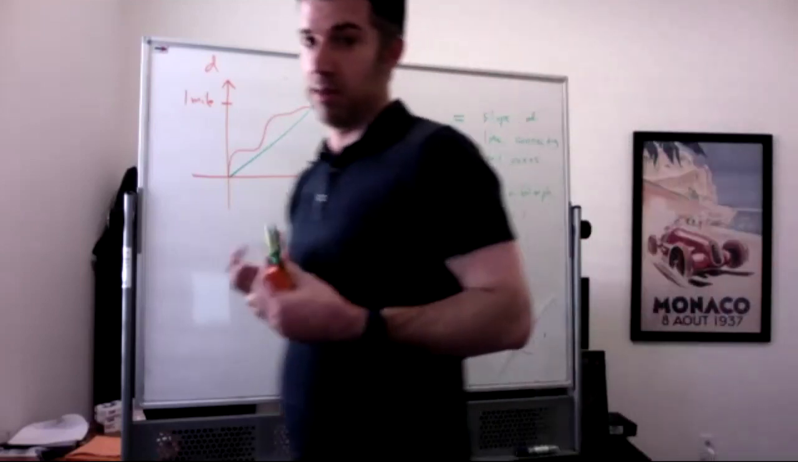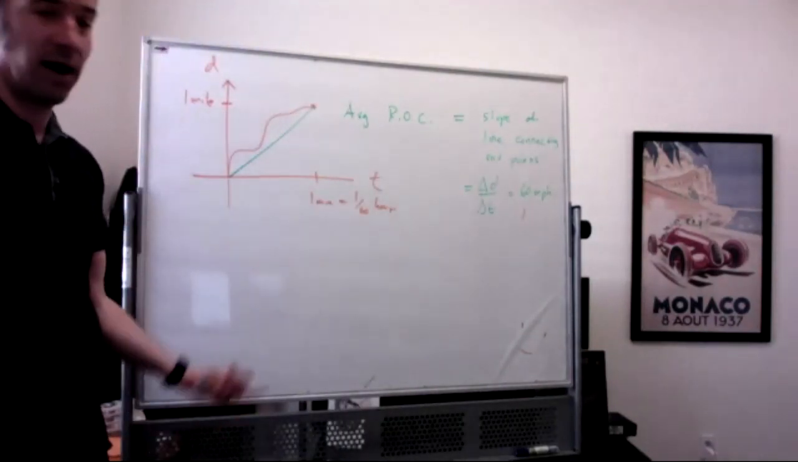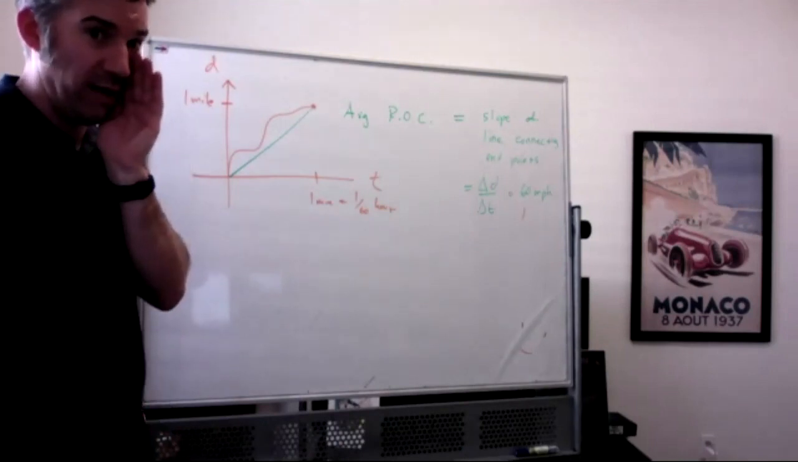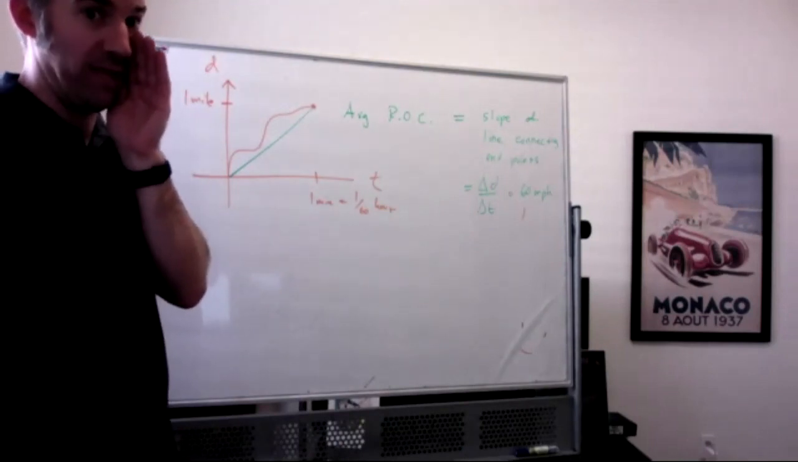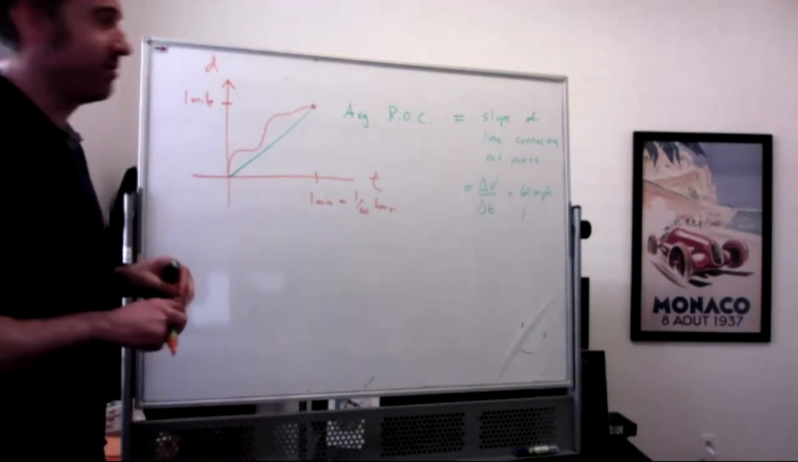So let me ask everybody, is there a place on my graph where the instantaneous rate of change, that's the derivative, also known as the slope of the tangent line,